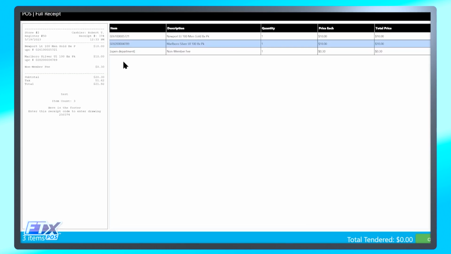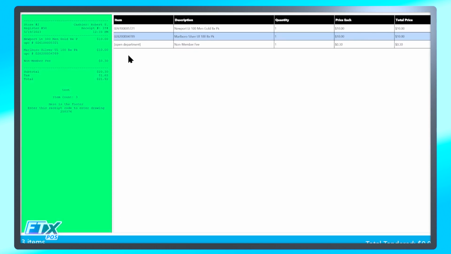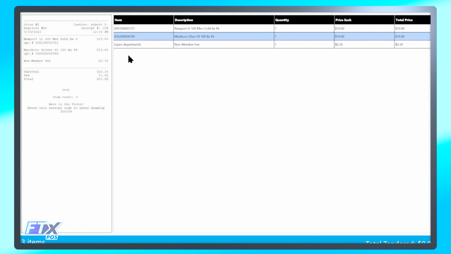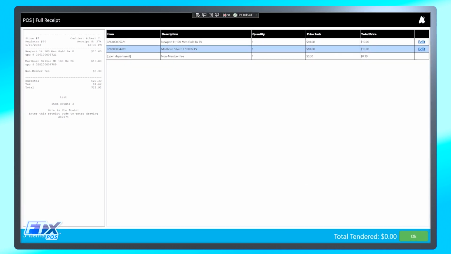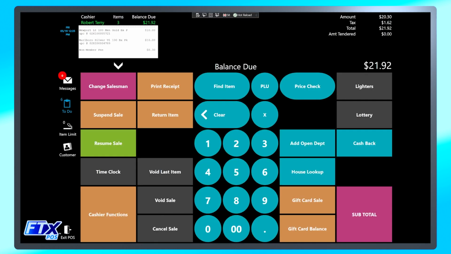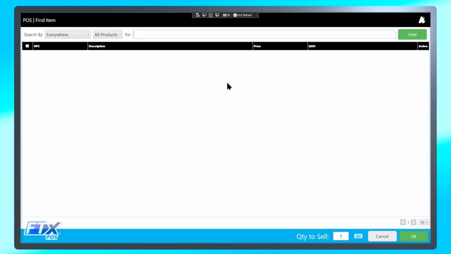If we open up our receipt here, the original 20 cents has disappeared from the transaction. It has been recalculated to include the additional 10 cents from the pack of Marlboros. If we want to go and add in another item that does not have a non-member fee assigned to it,